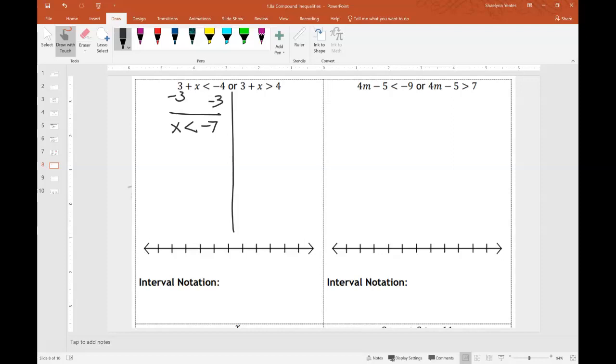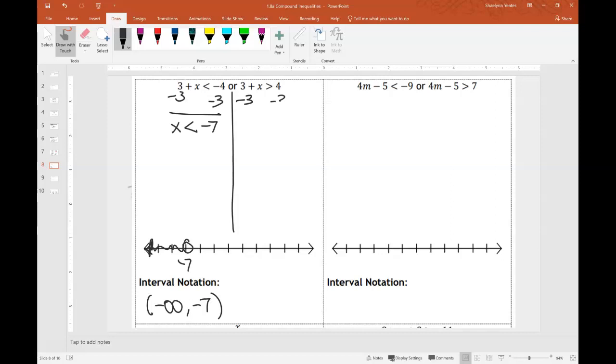So I can go ahead and graph that because they're two separate things entirely. So I'm going to go to -7. We're just going to call that -7. It's going to be an open circle pointing to the left. So I can start that interval notation. It's a parenthesis, -∞, comma, -7, parenthesis. And on the right side, we've got to get that 3 to the other side, so